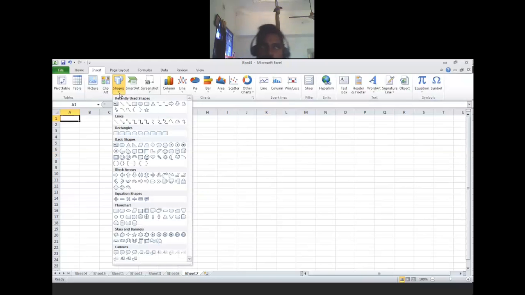Shapes are very important for all students, engineering students, or anyone, even in corporate. For us IT people also, we need shapes. Normally, every Friday they conduct meetings, and we should give this week's target, what projects we are going to complete, and what projects we will start. We make a flow chart: step 1, step 2, step 3. That is important for everybody.